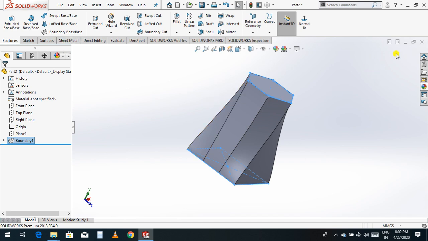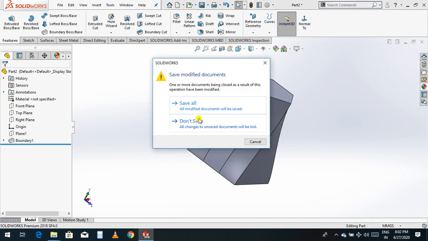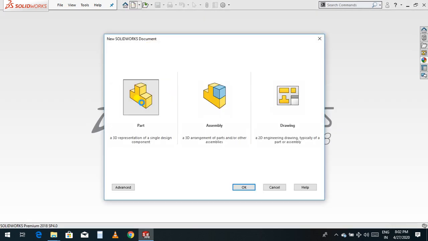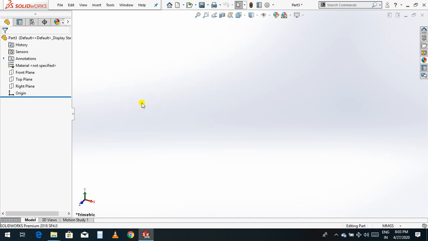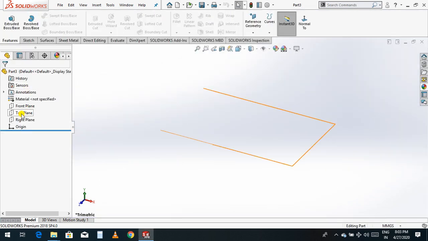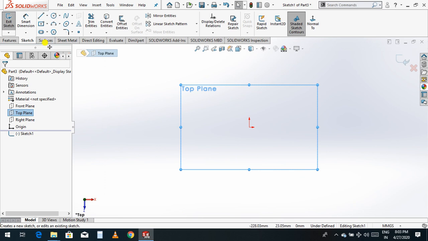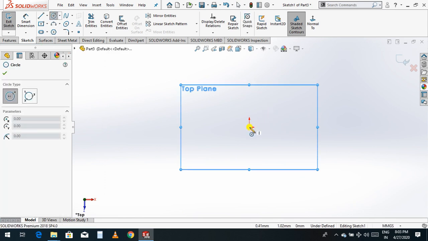So let me choose another part. Let me choose the top plane and make one circle here.